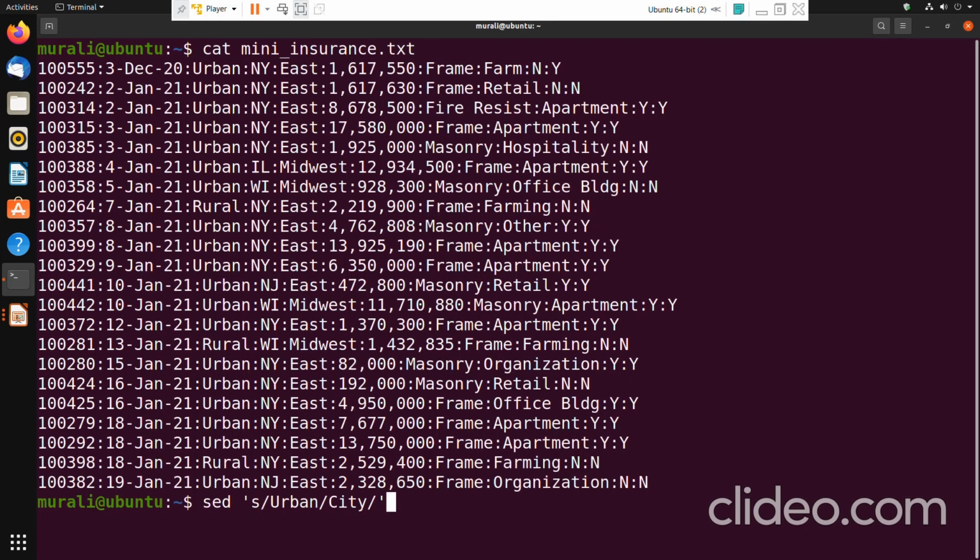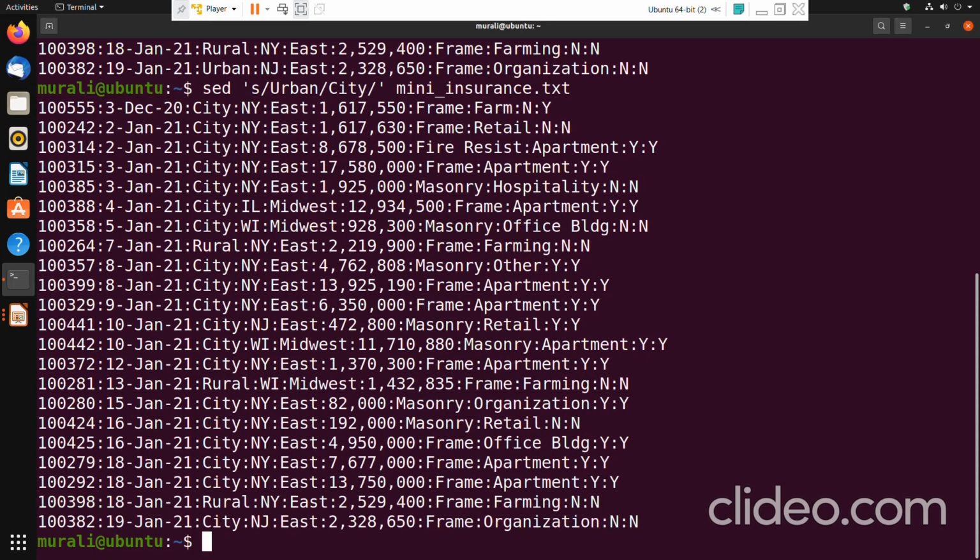The substitute command syntax is like this: s followed by, within the first pair of forward slashes, whatever pattern you want to substitute, and within the second pair of forward slashes you need to specify the pattern by which you want to substitute, and you need to follow that with the input file mini insurance.txt.